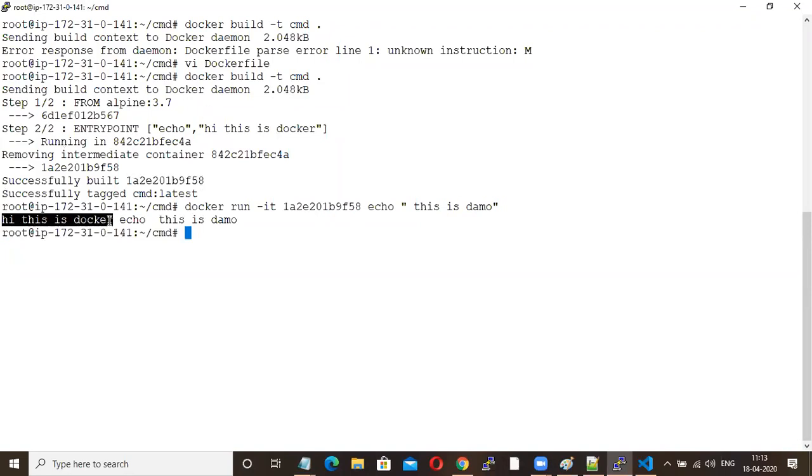You cannot overwrite whatever you have mentioned in the Docker file. You can just append to it. So this is the difference between CMD and entry point. Aravind, you understood? I'm telling you a very, very simple example. Fine, Aravind?